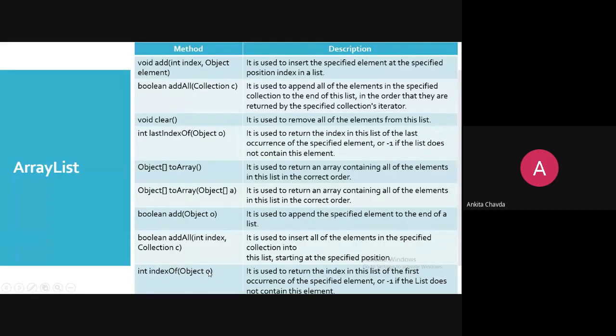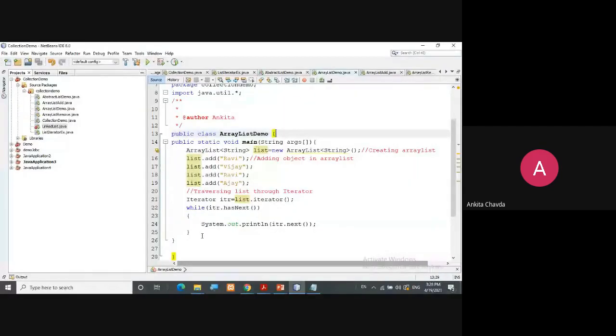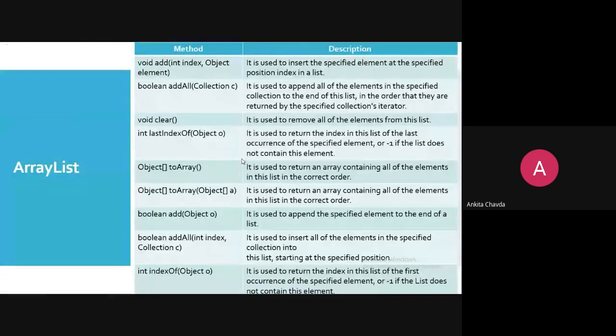If I wish to know where Ravi is, indexOf Ravi is returned. Say Ravi is on the 0th index, so it will return me 0. That is why indexOf will return an integer. It's only returning the index.